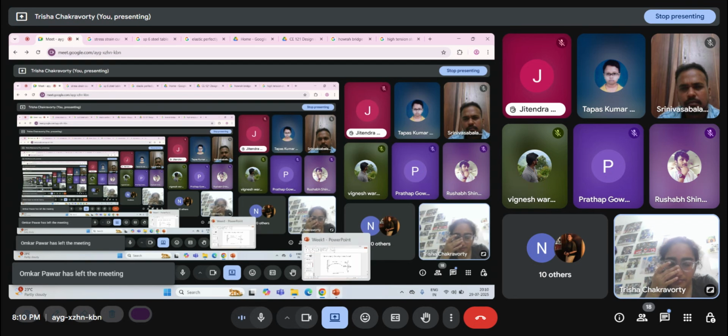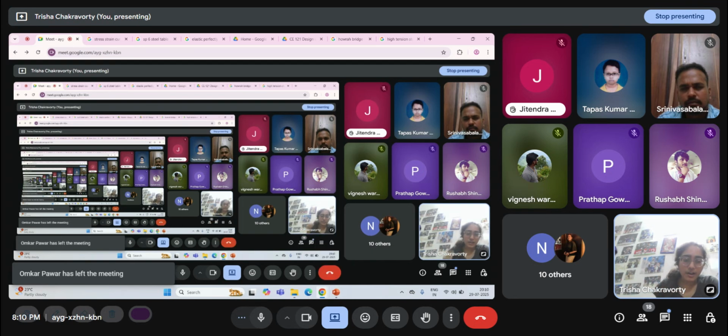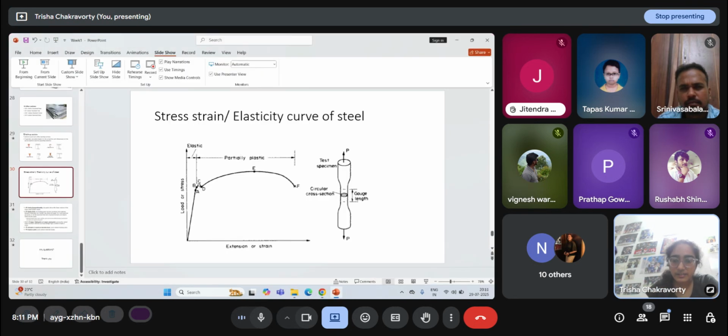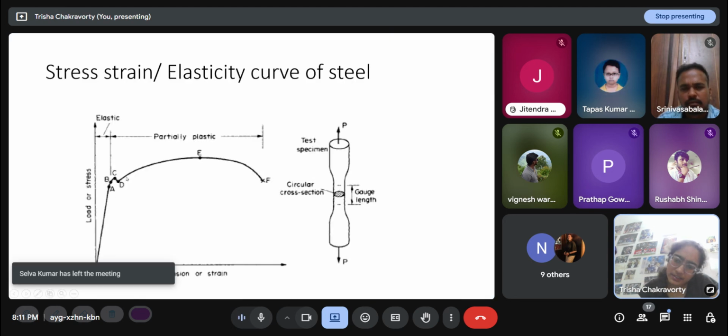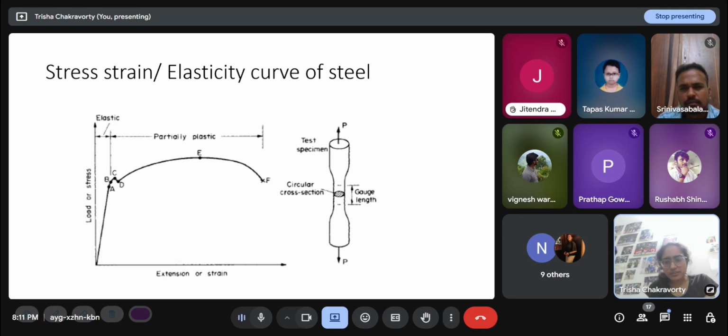I follow the definition, but the concept is that after this elastic limit is crossed, this point B is the elastic limit. Once we cross this point and I move beyond this, even if I remove the entire loading, the strain does not go down to zero. There will be some residual strain remaining in the structure. So, for example, suppose my elastic limit is 260 MPa, and I have loaded my structure up to 280 or 300 MPa.